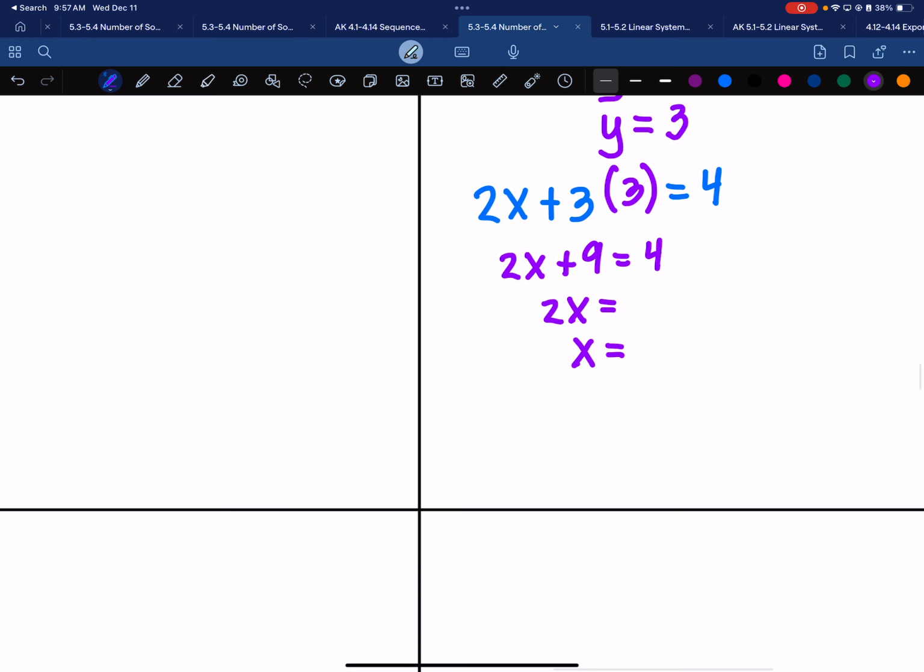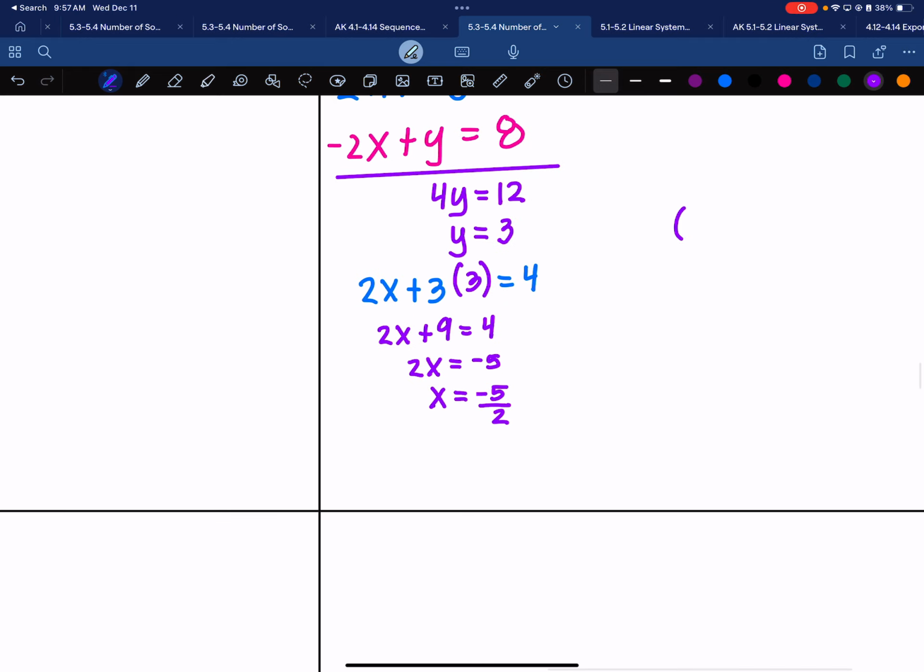See, this is why I need you guys to talk to me. 2x equals negative 5, x equals. So our ordered pair would be